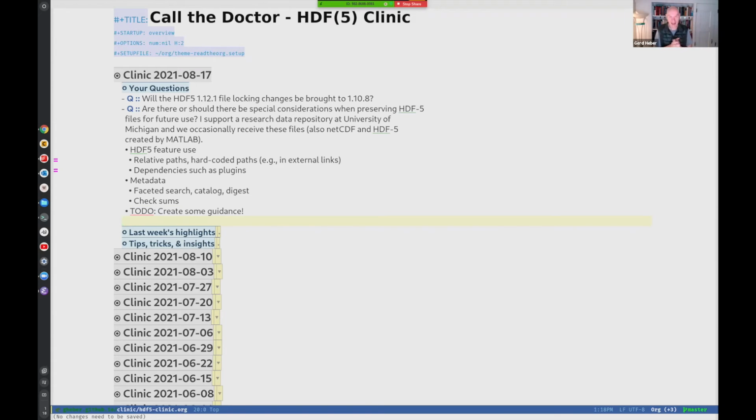Right. It's good to see that HDF is being used in all kinds of different contexts. In fact, I was just talking to a researcher the other day. They said, well, can you take HDF files? I said, well, yes, we can. So yes, we do get these requests from time to time. So it's just good to know what to think about when one comes in.